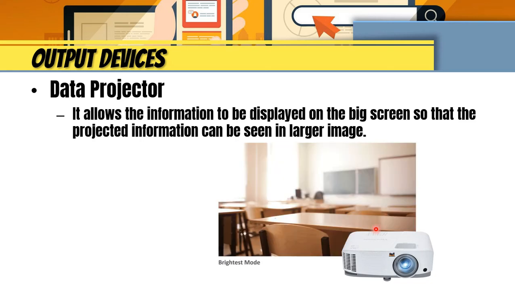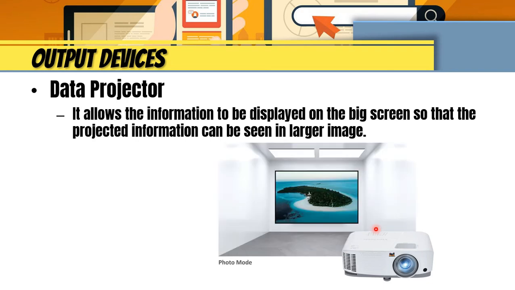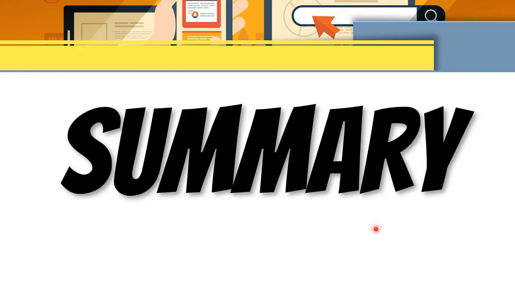Okay, so time check, 10:27, so we still have 3 minutes. So those are the different computer hardware and peripherals. So we have discussed the primary memory, the secondary memory, and of course the input devices, output devices, and of course the different storage. Now, for a summary, kindly please watch this video